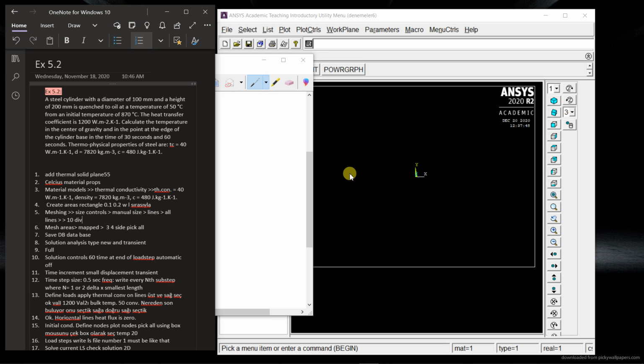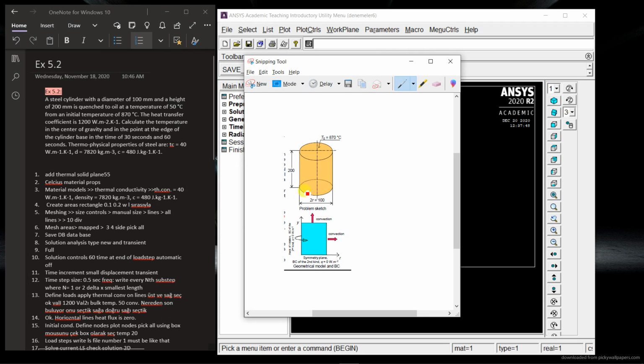Okay, hello, and today we are going to look at the Ansys thermal transient example. Okay, so let's look at the question. So here's the question. There is a steel cylinder, and the diameter is 100 millimeter. So the height we know, and we know the initial temperature, and then the oil temperature, and then